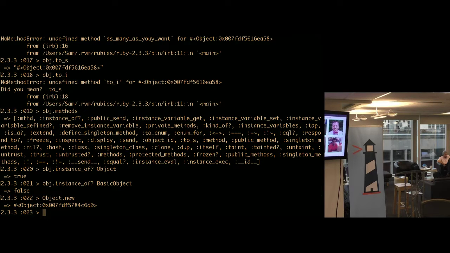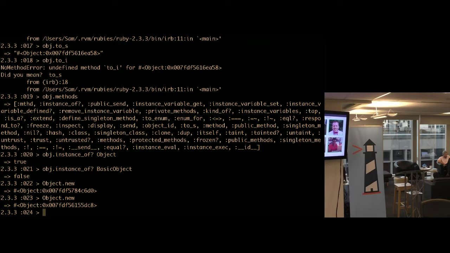So, here are the methods that exist on object, or most of them do anyway. So when I create a new instance of object, I can call these methods by default, and I can define my own methods to call on the object. Any questions so far?